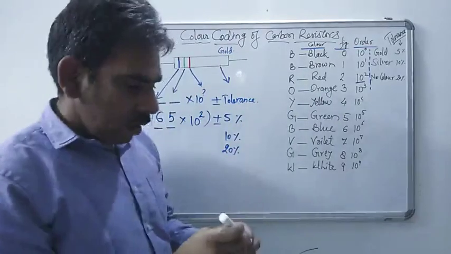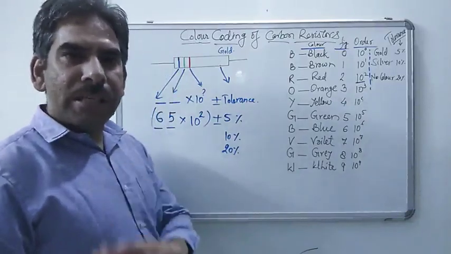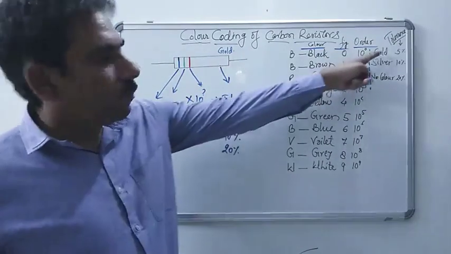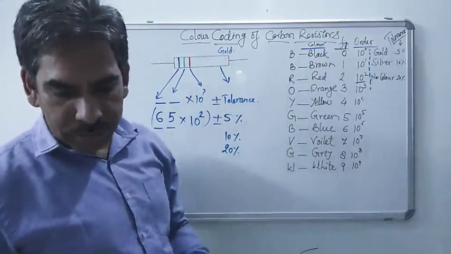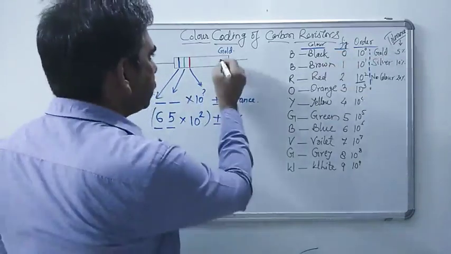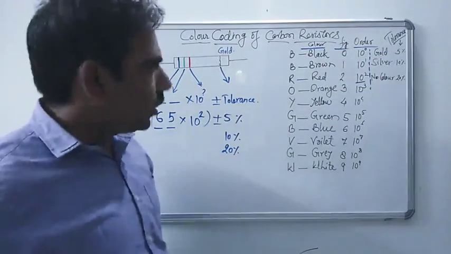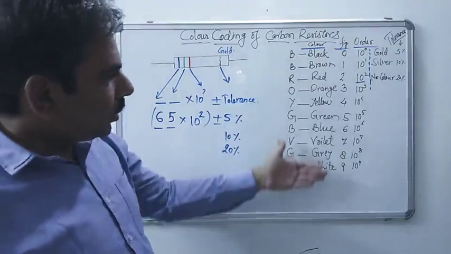So that means a more accurate resistor will be the one which has the least tolerance, or we can say least chances of error, which is for gold color, right? So if the fourth color is gold, it is said to be the most accurate of the resistors. So this is how we read the resistance of the given value of the resistor. You can see this table very carefully.